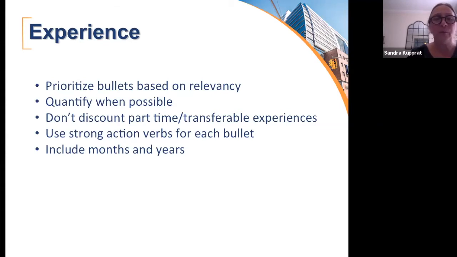Quantify. It's important to quantify your experiences where you can. If you helped 150 to 200 customers a day, that's a way to quantify. This change that you made reduced the time it took to find files. So if you were filing files and it used to take 20 minutes to find a file, and then it went down to 2 minutes, you could maybe say that as a result of organizing the files, it reduced the time to find it by 10%. And so 10% would be how you would perhaps quantify that.